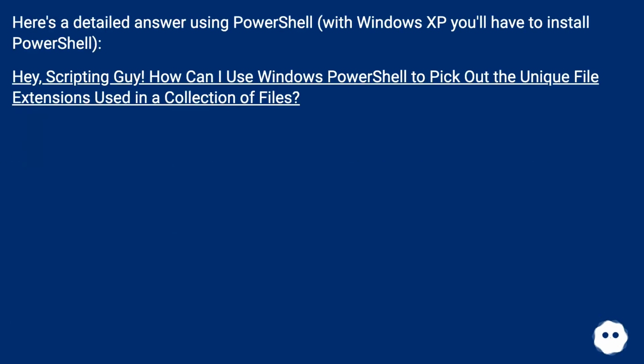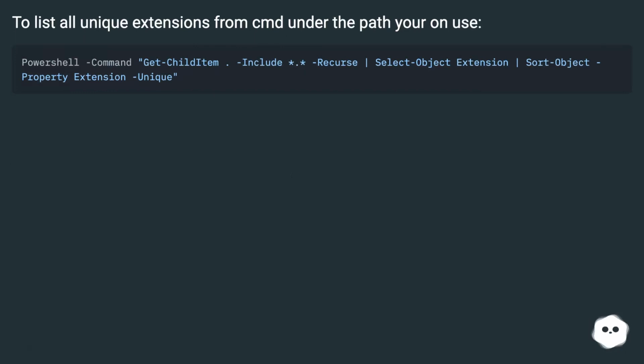Here's a detailed answer using PowerShell. With Windows XP you'll have to install PowerShell. Hey, Scripting Guy! How can I use Windows PowerShell to pick out the unique file extensions used in a collection of files? To list all unique extensions from CMD under the path you're on, use